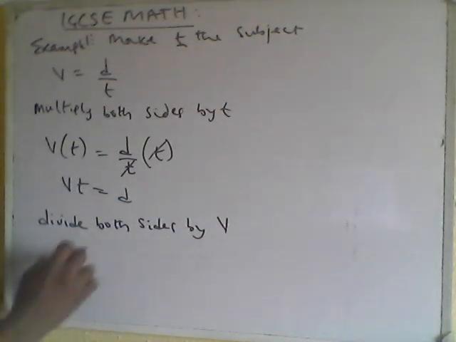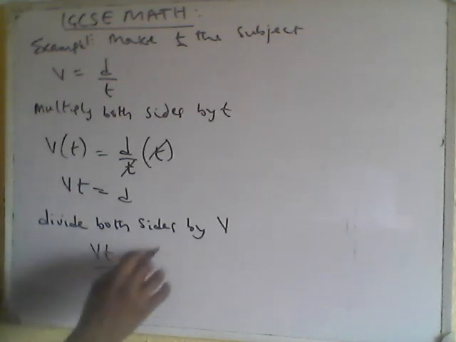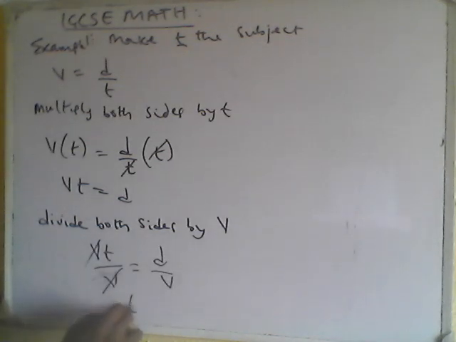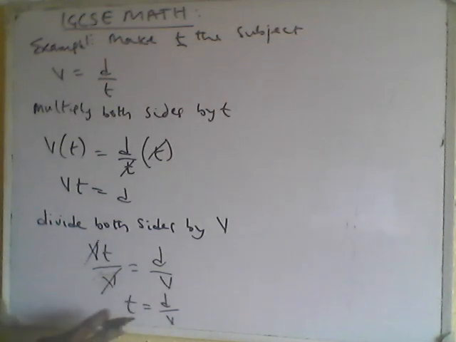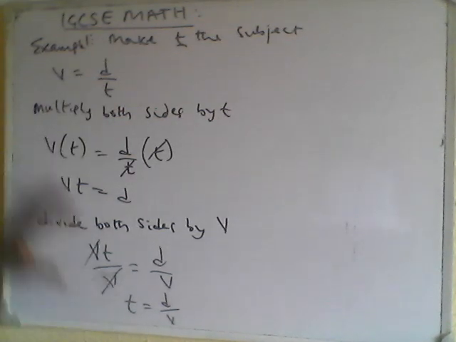Right? So I have it as vt over v. That's this side. Okay, let me just leave it like this so I know. Then it's equal to d over v. So this v cancels this v. What I have left now is t is equal to d over v. Now we have succeeded in making t the subject. Before, it was not the subject, it was a variable inside here. But this variable has now been brought out by simply using two